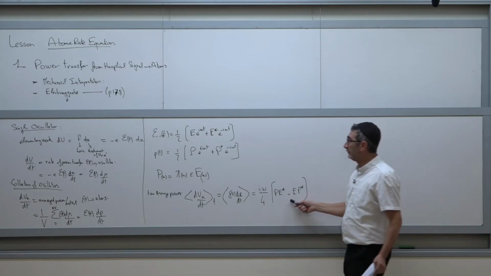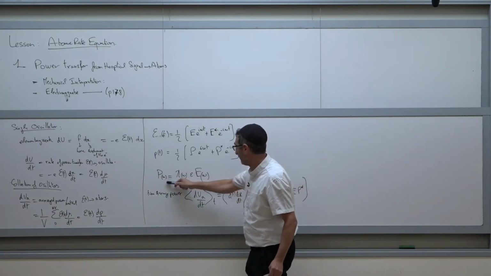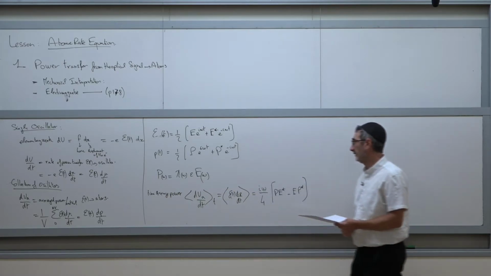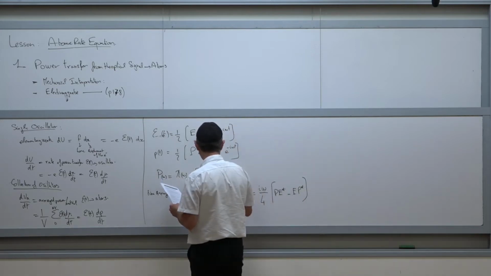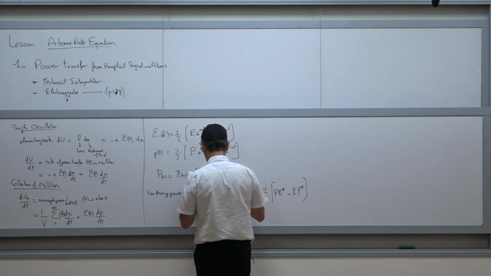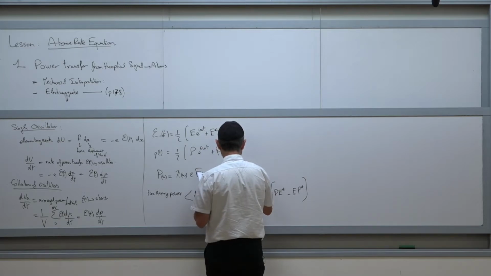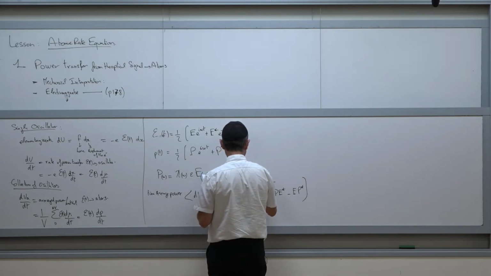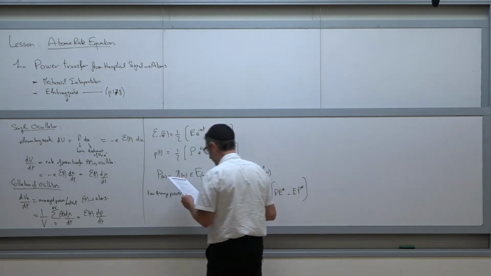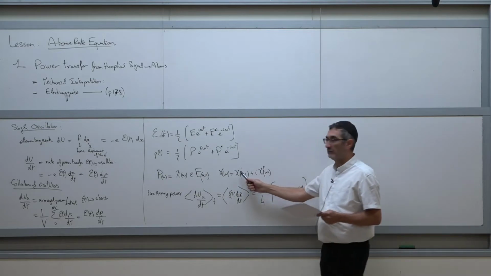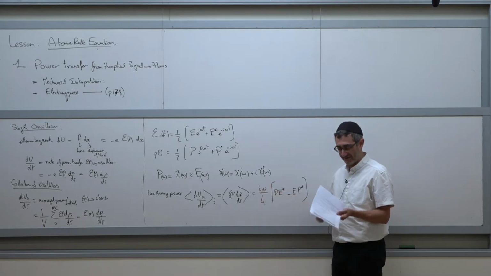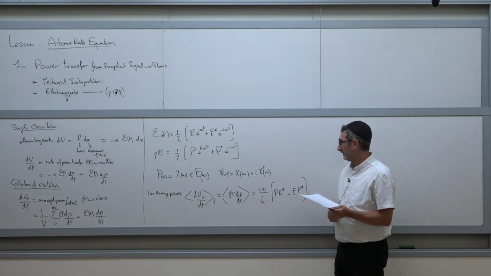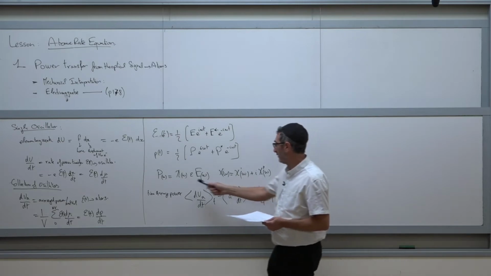And now if you use the expression of P versus E, using chi, remember that chi is a complex function. Chi of omega is, by convention, chi prime of omega plus i chi second of omega. I don't like this notation very much. It's not a derivative. It means real part and imaginary part. Don't mix up. So if I use this expression with that here,